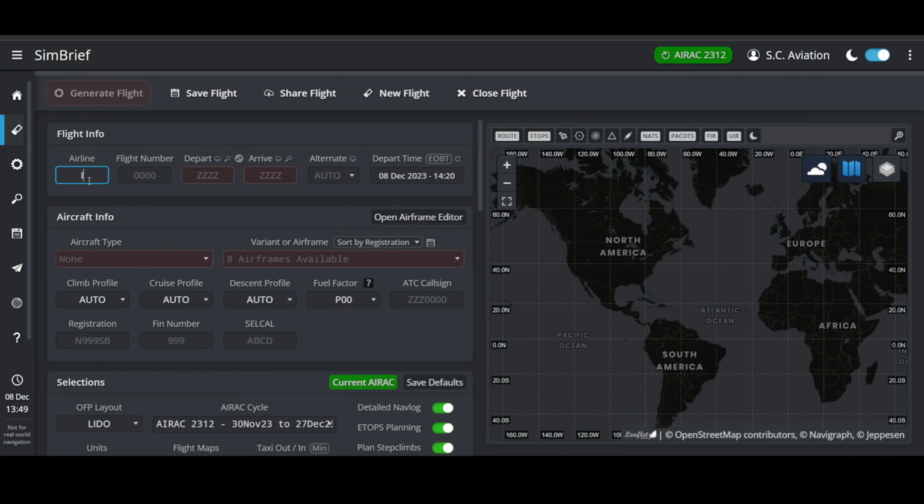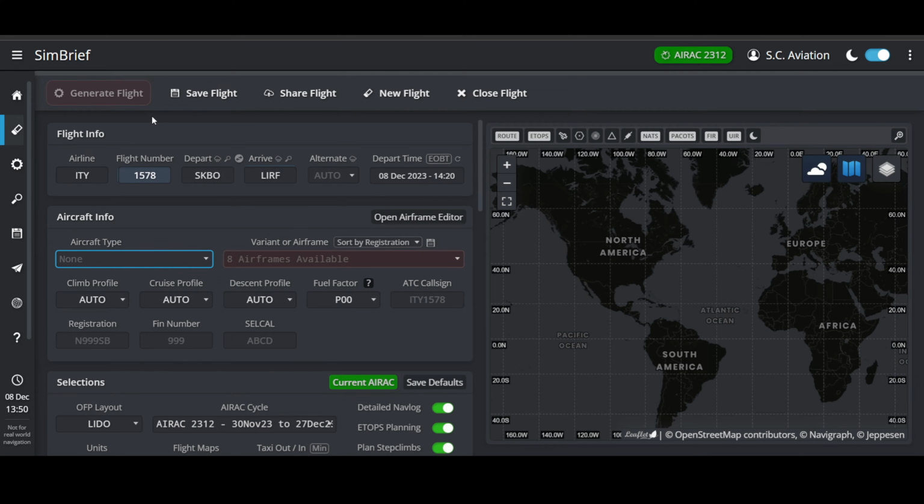But for now, I'm going to be flying ATA Airways, whose call sign is ITY. We're going to be flight 1578 from the airport of Sierra Kilo Bravo Oscar in South America to Rome, Lima, India, Romeo Foxtrot. The alternate is generated automatically, departure time also automatically, and the aircraft type for today is the